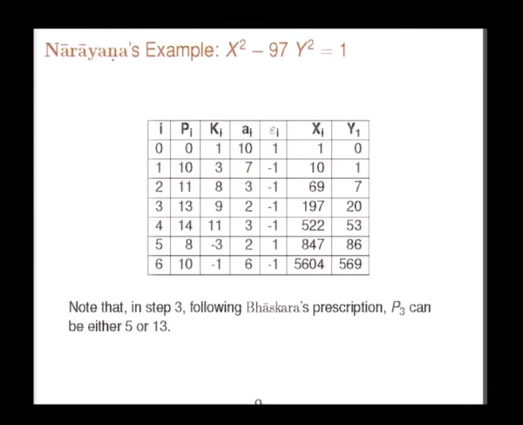But Narayana is saying no, we are going to take 14 here. Now, is there something interesting about 14? Now, what is the solution at this stage? Till now we have the solution is 69 by 7. 69 by 7 is telling you